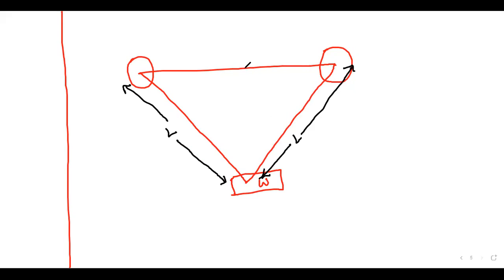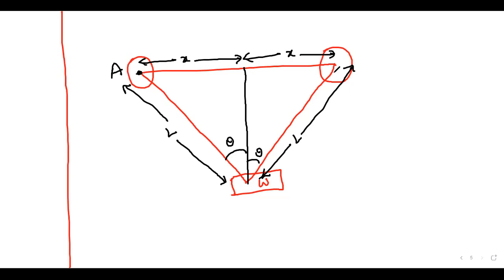With respect to the center, these balloons are tied at an angle theta. This distance is x, and this one is also x. Let us consider the center of the first balloon as A, the center of the second balloon as B. Both the balloons have the same charge Q, and let us consider O is the center. This one is C.